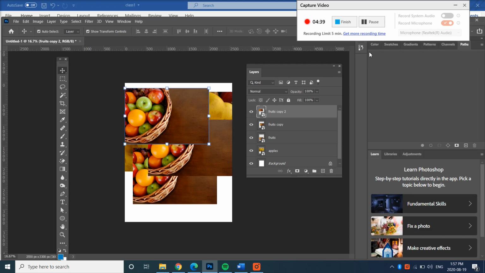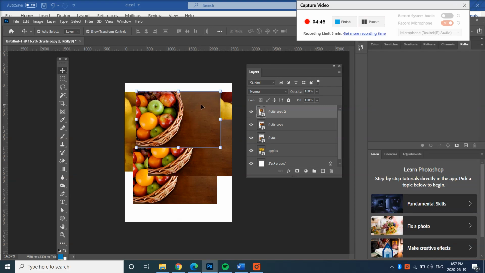Delete. The last thing I'd like to show you is that you can also change the transparency of your layers. So this top fruit layer here, I'm going to go over here to opacity and bring it halfway, and you can see that it is getting more transparent as I change the transparency of it. Again, it's over here on your